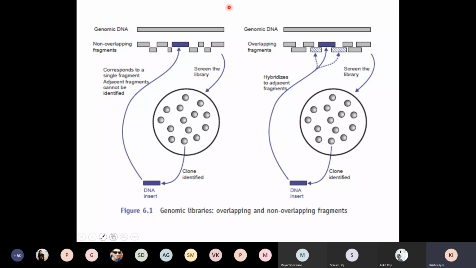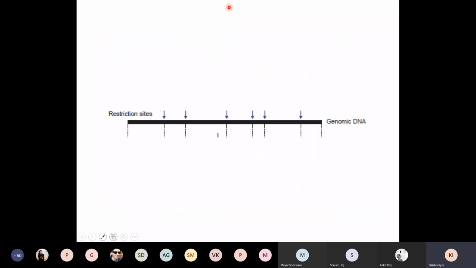Okay. I'll tell you how this is done. If I take this piece of genomic DNA and I treat it with restriction enzyme, the ability to generate all of the 7 pieces depends on 2 factors: the relative concentrations of genomic DNA and restriction enzymes. That is one factor. And the second is the exposure time. Okay? That exposure time is very